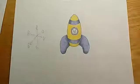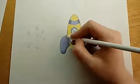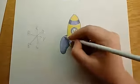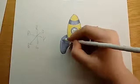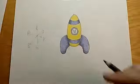Now I have a white sitting right here. Let me show you just a little bit on a highlight if you wanted to. You take your white, and again, you're going to push pretty firmly, tiny circles, but you can do a highlight the same way that we did shadow tone, and just put a really strong layer of white on the top, or in the middle of yours, either way, and then just lighten up the pressure a little bit as you come out. And then if I were to go over this with a little bit more purple,